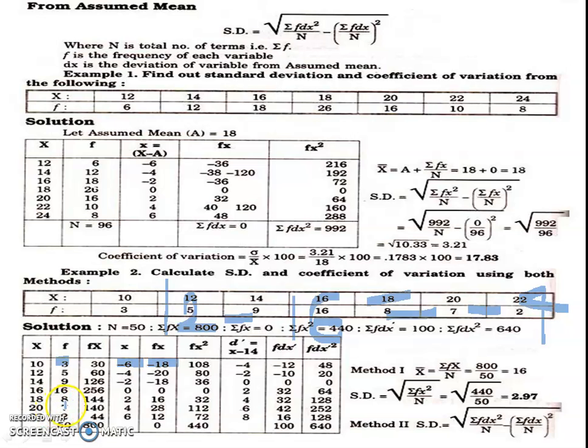Next, 8 into 4 is 32. 7 into 16 is 112. And 2 into 36 is 72. Total of the